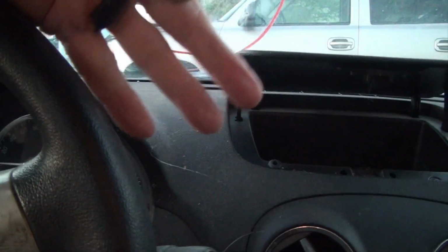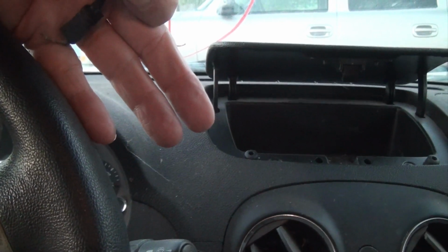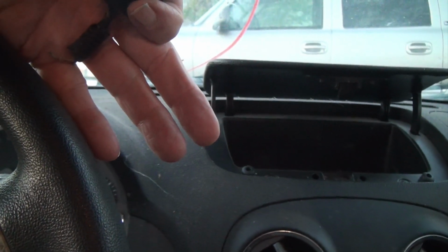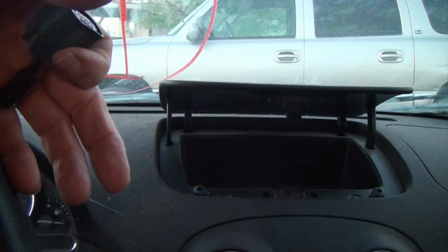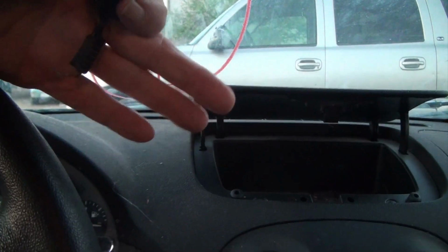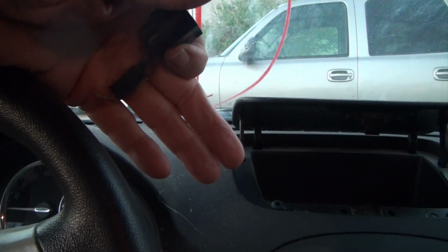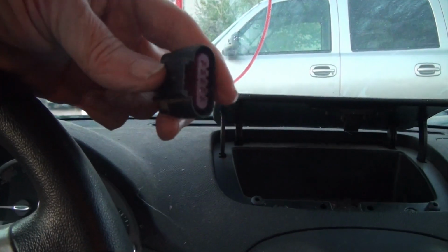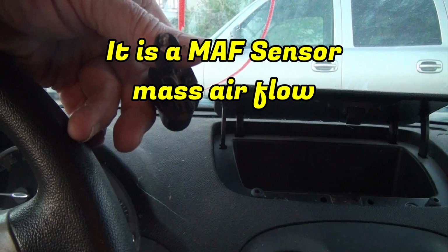Now, what I thought I might do, and I'm going to do this, like I said, it's gotten hot out here and you can only work on these things early in the morning or late in the evening. So I'm about spent by the time the evening part comes around. But I've got a scanner, and I'm going to put my scanner on it and see what kind of error codes I come up with, because I think there's another issue besides this map sensor. In any case,